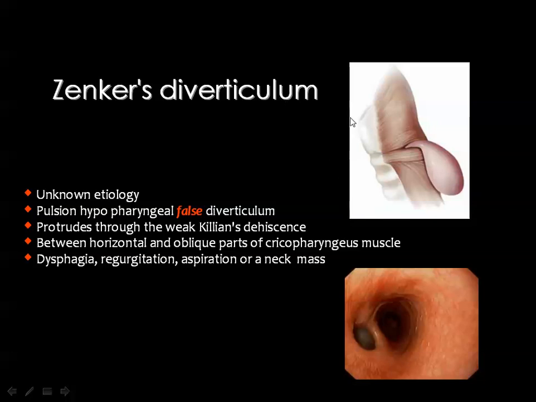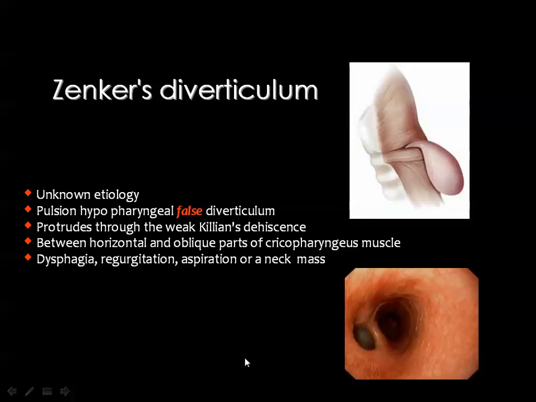And you can remember that the diverticuli in the upper esophagus and in the lower esophagus are false, while the diverticulum in the middle part of the esophagus is the true diverticulum. The true diverticulum means that its wall is formed of all three layers of the esophageal wall. But the false diverticulum is only formed by the mucosa, and this is a protrusion through the dehiscence between the